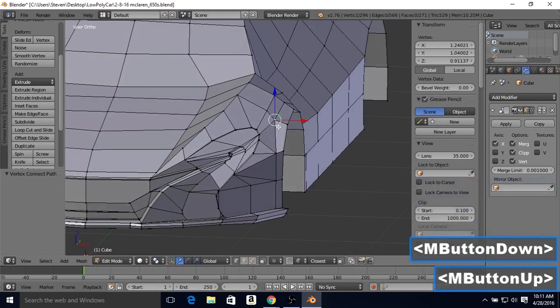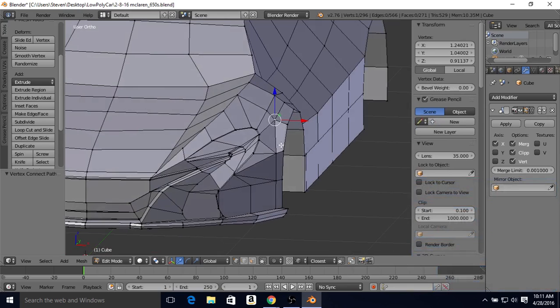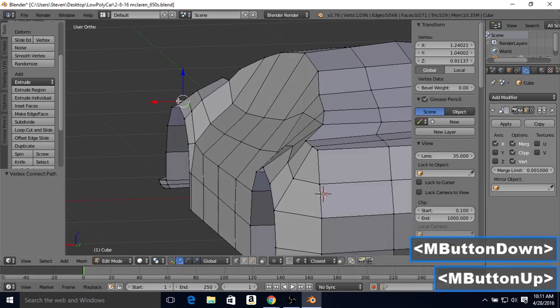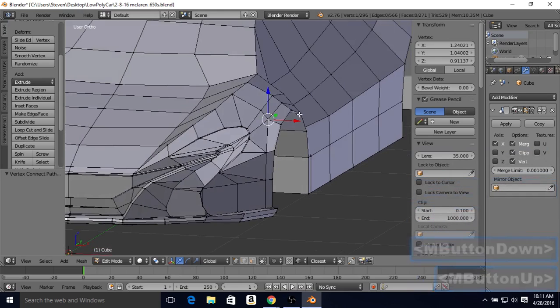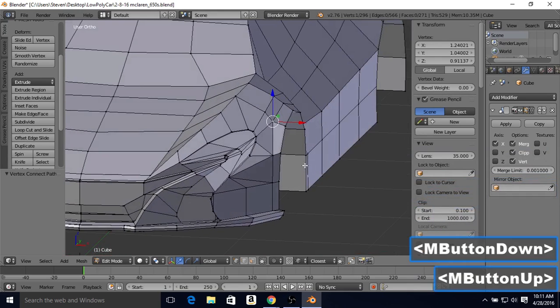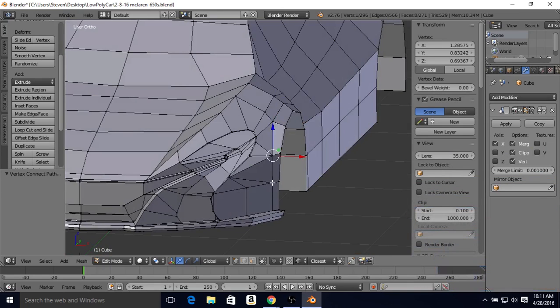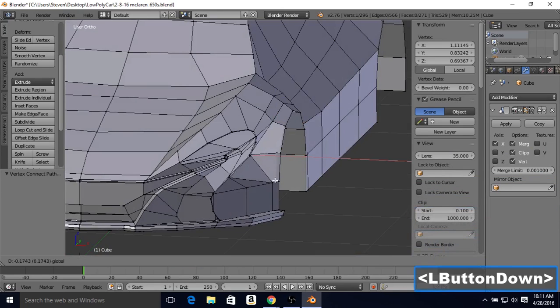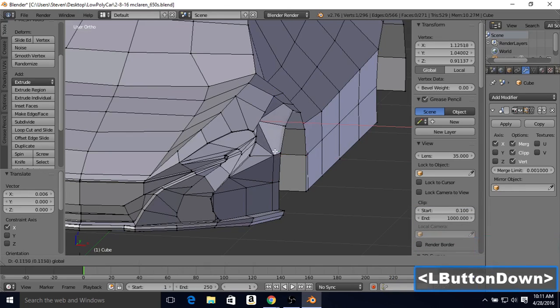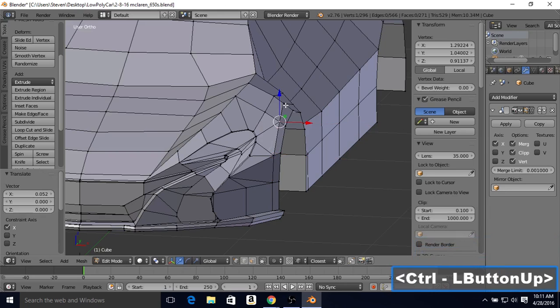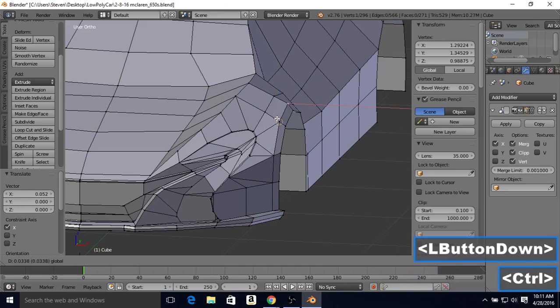And now what I'm going to do is start snapping these vertices to make them all the same distance on the x-axis. That way it'll be a nice consistent curve away all the way around, because right now they're all a different distance away. So I'm going to start with this one, and I'm going to vertex snap it to this one so that they're both the same on the x-axis. And now that this one's in the correct position, I can use it to snap. So I'm just going to select this one and snap it to this one, and just continue doing that all the way around